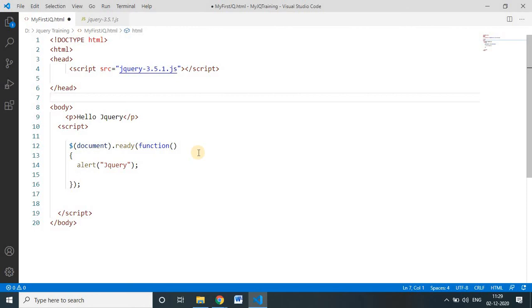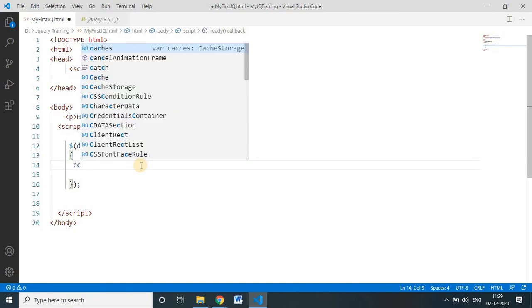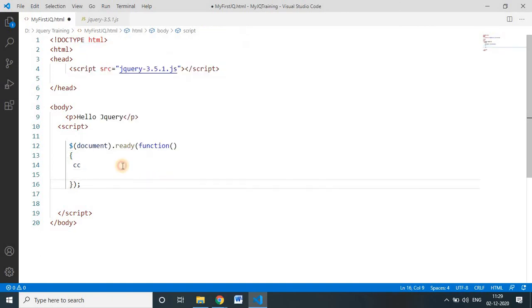Earlier I just called one function, meaning one event. Now, once I click "Hello jQuery", I need it to say "paragraph clicked" and pop up an alert. So how is it possible? I'll remove this. Now, while writing jQuery, keep in mind